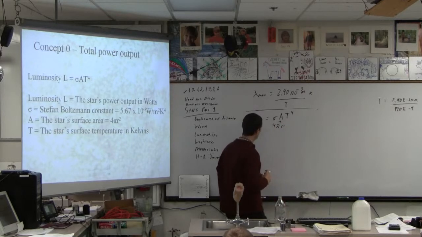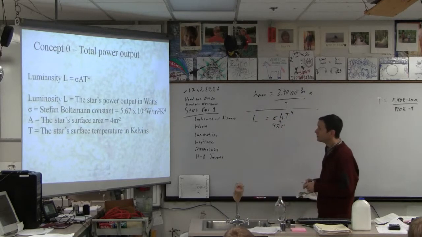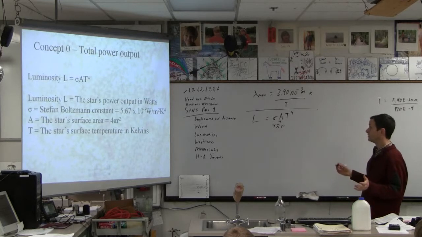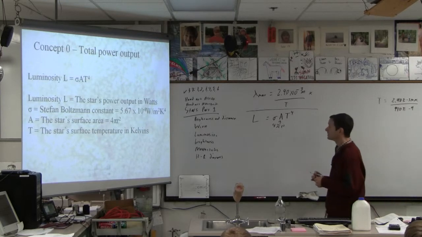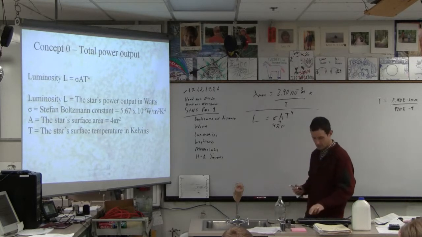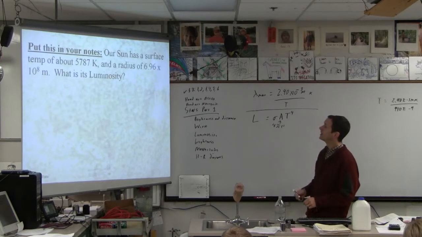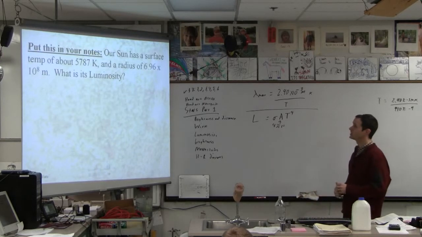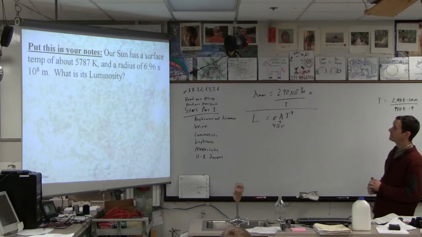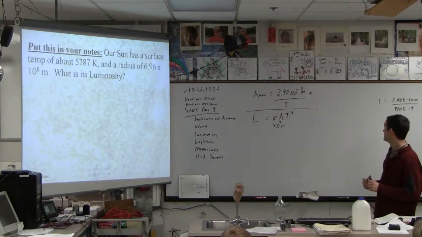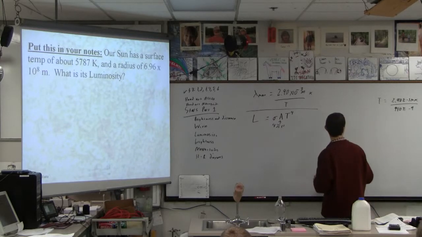Okay, 4 pi r squared, and then it's got to be kelvins, and there we have it, right? Okay. So put that one in your notes. Our sun has a surface temperature of about 5,787 kelvins, a radius of that many meters. What is its luminosity? Well,